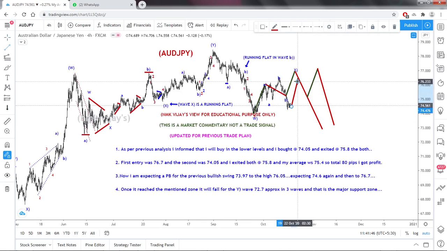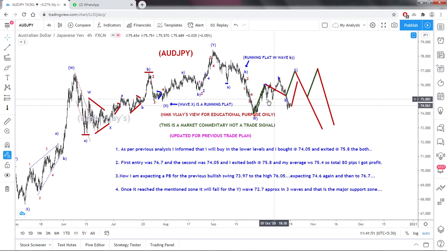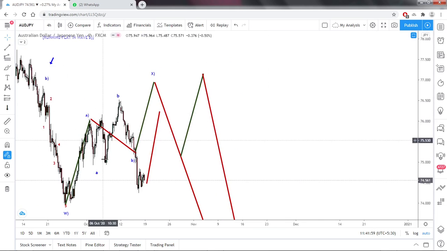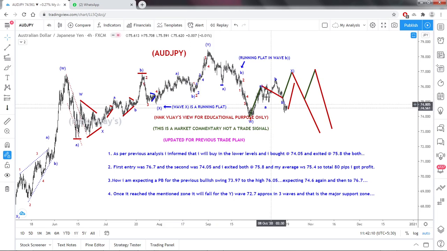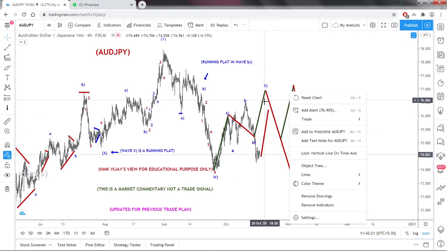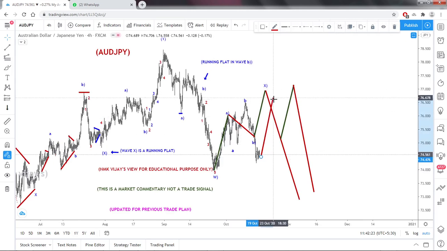If it goes like this, that is why I have already done it, but it is not so satisfying for me here in this zone. If we mark this as A, B, C also, this is an A, this is a B and C. So one correction is over, and if it is bearish, it has to break from here itself, it has to break this low, but it has still not yet broken this low. So there is still a chance of making one more high in a three-wave structure.